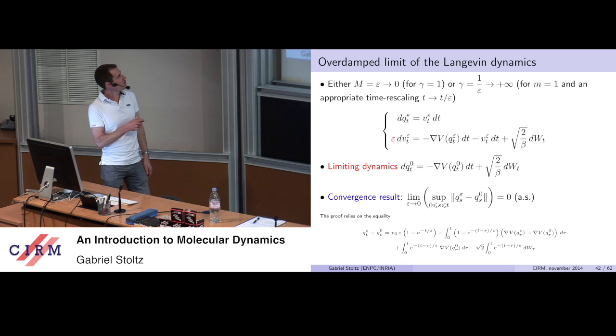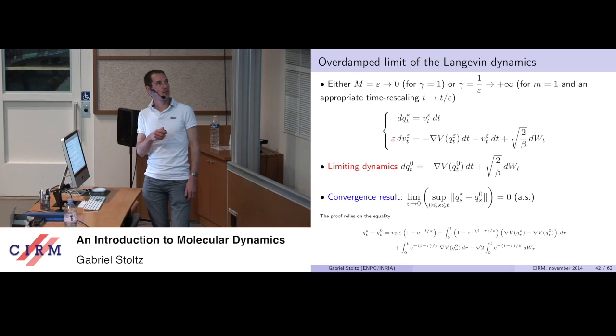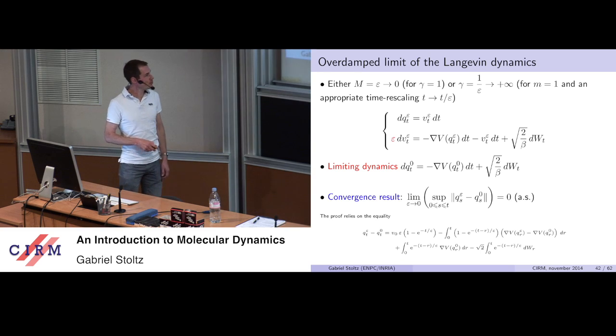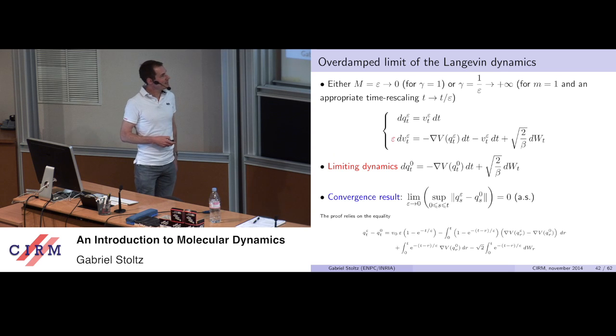So let's consider the case when the mass of the particle goes to 0. Then you rewrite the Langevin dynamics in this way. Now I'm working with velocities, and that's why I put an epsilon in front of this term here instead of having dp. And so formally, when you let epsilon go to 0, you just erase this term. You replace Vt here by dq, and so then you obtain the limiting dynamics, which is overdamped Langevin. Just to motivate the fact that the terminology has some meaning, but I prefer to show overdamped Langevin first because the generator is elliptic before going to Langevin.